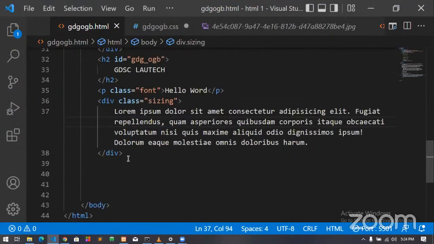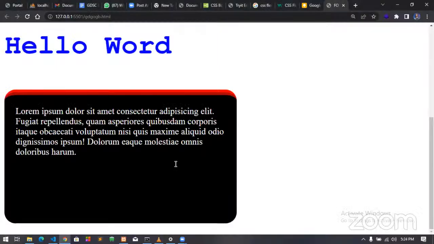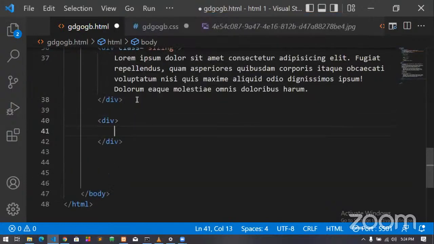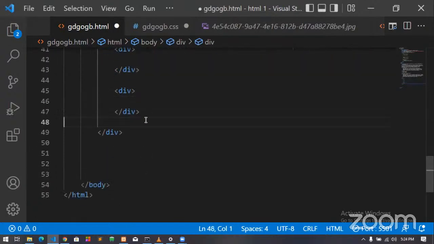Now, let's do a very simple and fine card. Assuming I have something like this, a div, I'll have three divs.